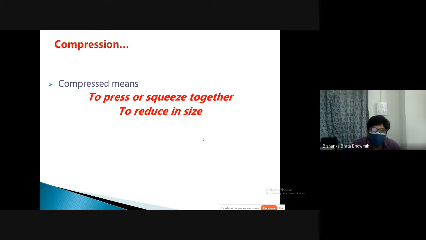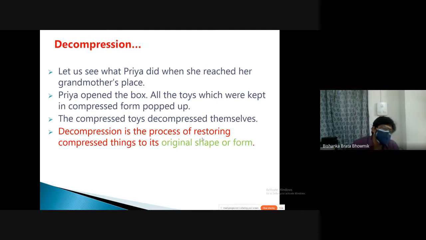So this pressing or squeezing it together, what happened? It reduced the size. Okay, that means compress means you're reducing the size, but making sure that once it is decompressed, whatever is inside the box actually comes back in its original shape or size. Right? This is the main idea of compression and decompression.